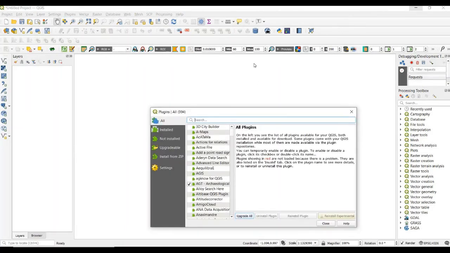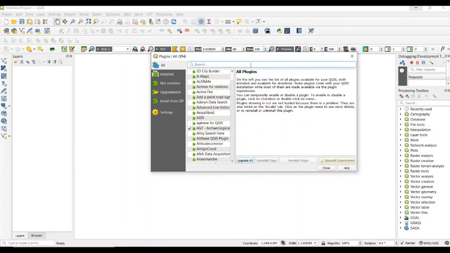This type of window appears in your QGIS. So search here SCP. So here is the Semi-Automatic Classification plugin.